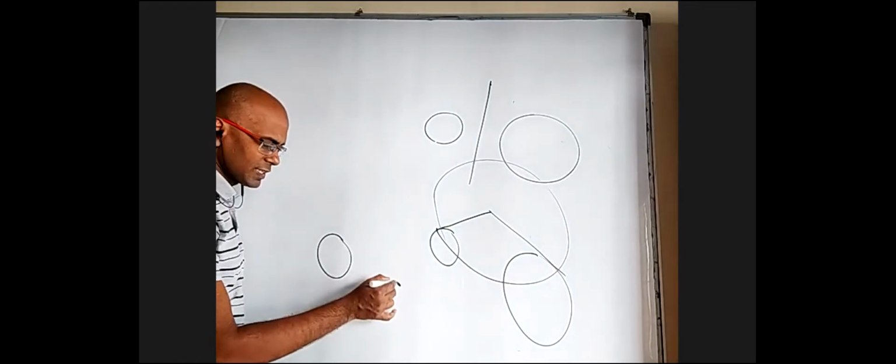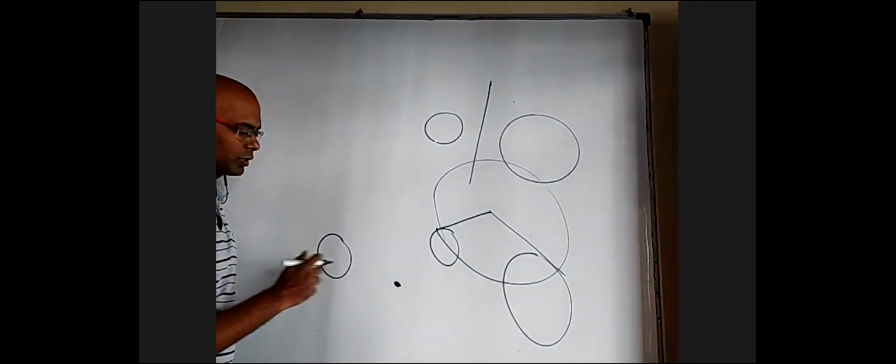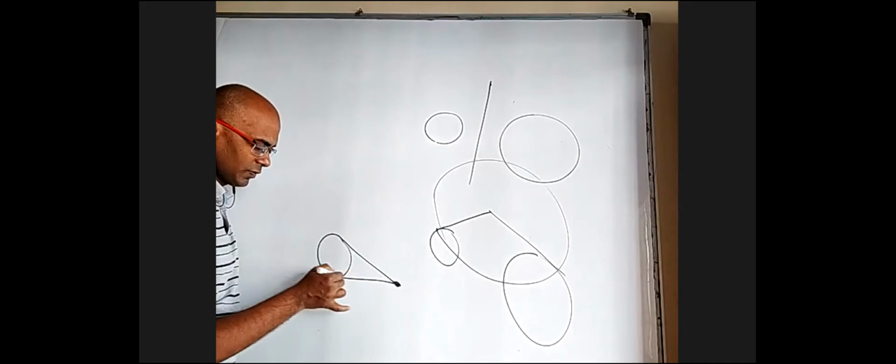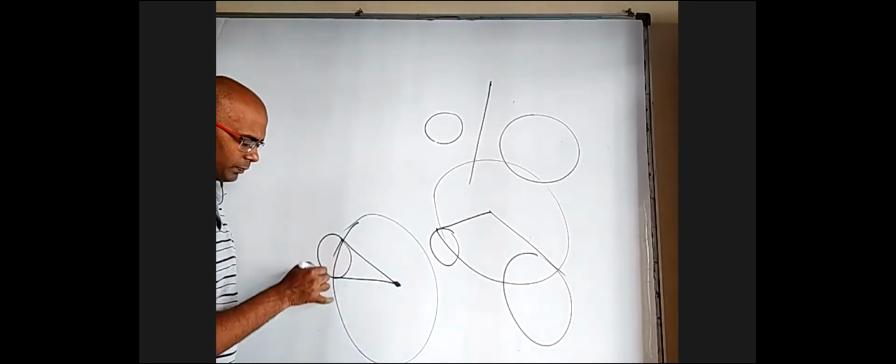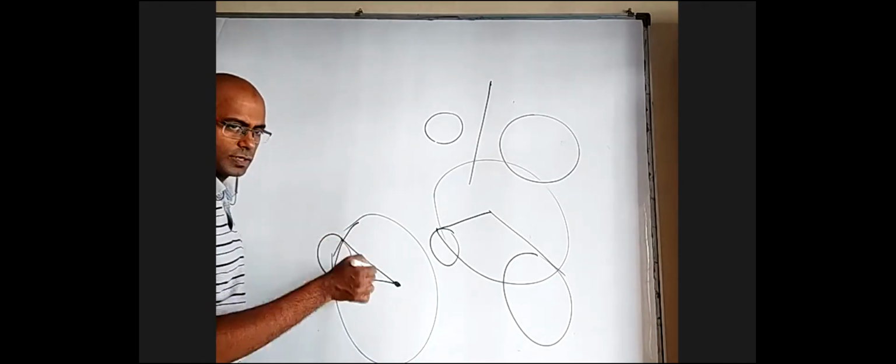If you want a circle with this as a center and you want to intersect this orthogonally, simply take that length of tangent as radius and draw a circle. Then automatically the two circles will intersect each other orthogonally.